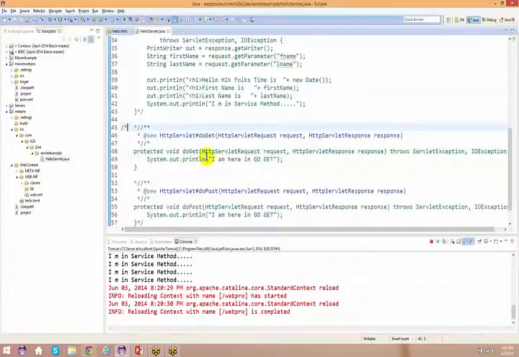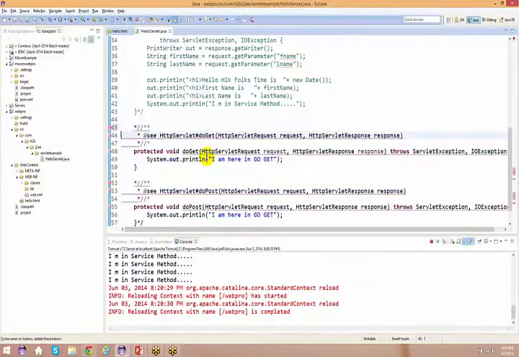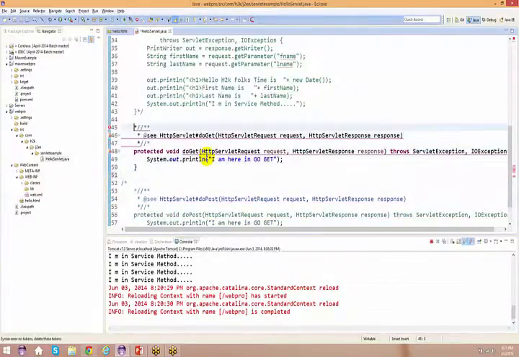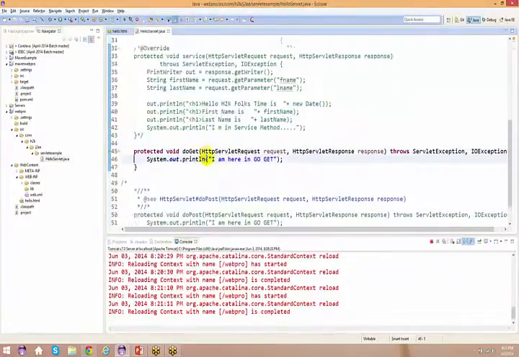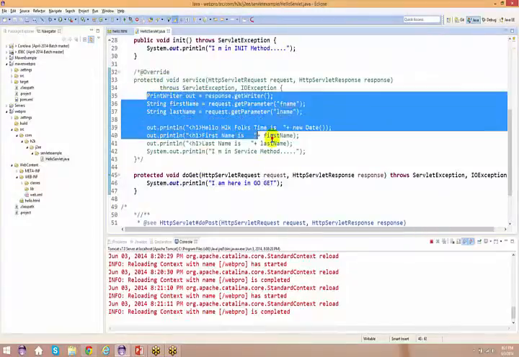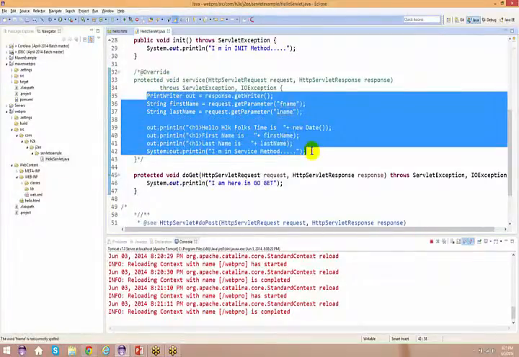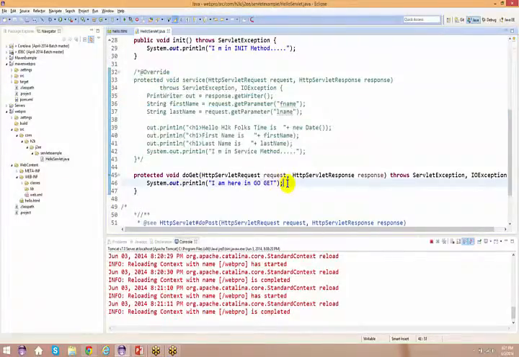So as of now, let us uncomment this and comment this out here. Let me remove all these things, and take up the same information we had in the service method, and just paste it here.